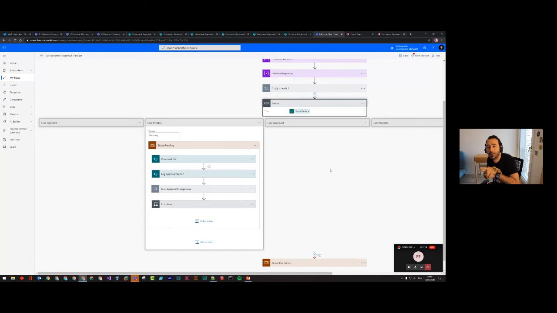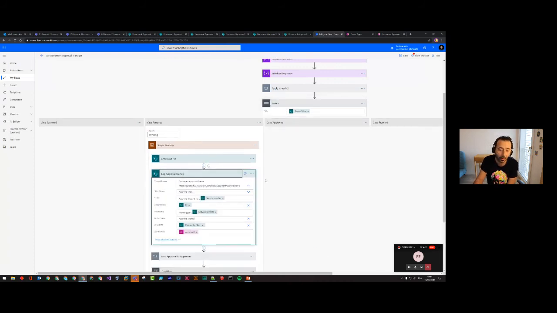You could already, I don't know, put the document in a special document library with only read permission for everyone. But you know, it is just a way of doing it. So you can check out the file, so you know that no one can edit the file while reviewing it. I'm adding also a log to the approval starter. So I'm creating an item in the approval logs